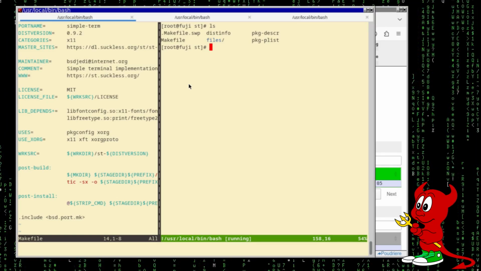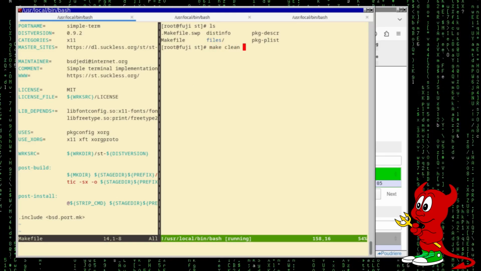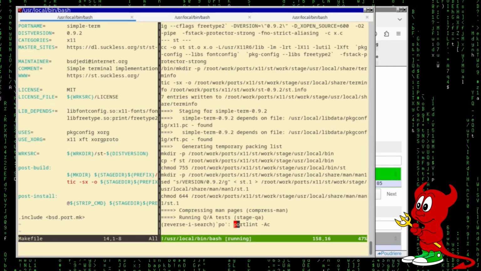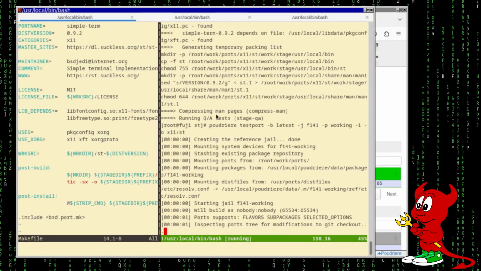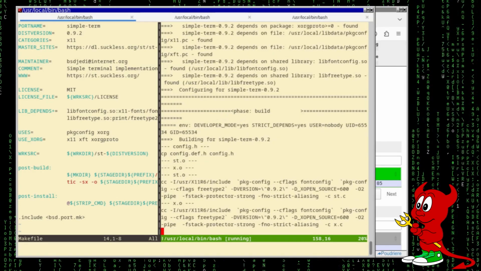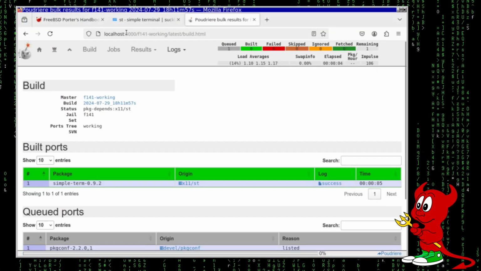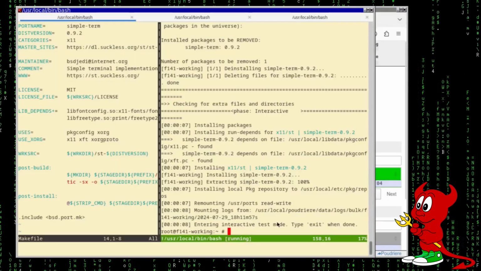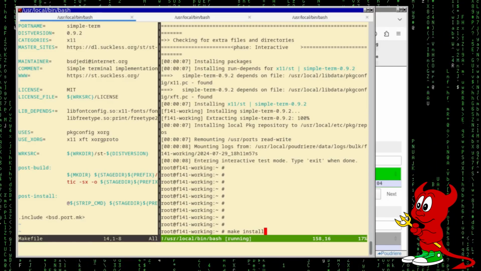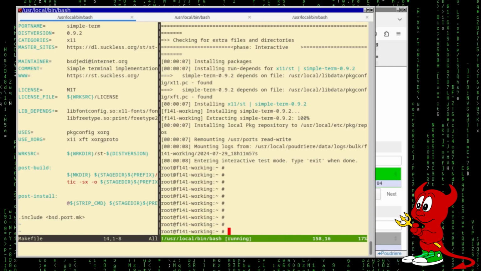Maybe before I show how to submit a patch, I would like to do the make clean and make again. Okay, Poudriere, compiling everything to make sure that it does compile. And it did compile, right? So here we have, and now I'm going to create a package. So we could either do make install and then afterwards deinstall, or I can also create a package directly, and I can do this also with Poudriere